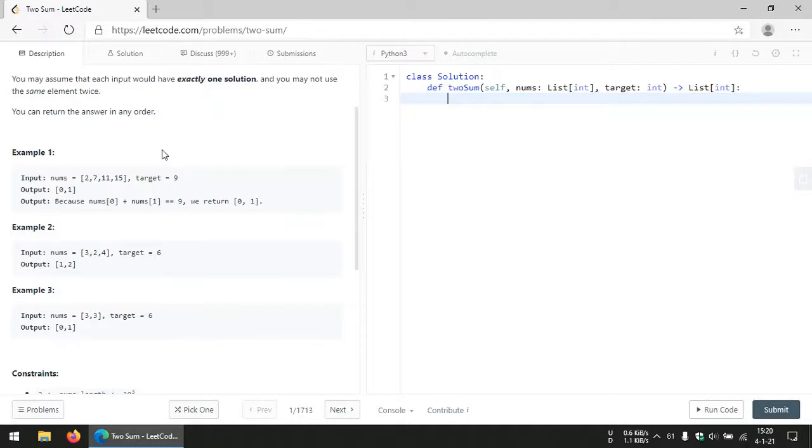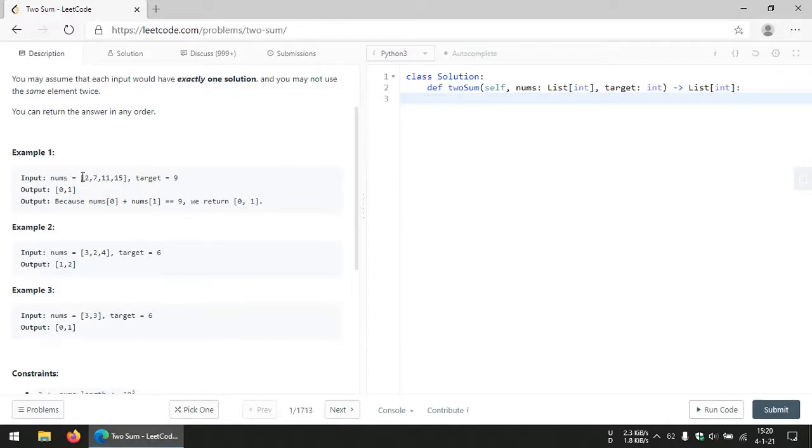So the approach we'll be using is we can first create a hash map in which we can map the respective numbers. We can start iterating through the array, and during each iteration we can map the respective number to its index, and during the same iteration we can check if the complement number for the given number exists in the hash map. For example, let's go with example 1.